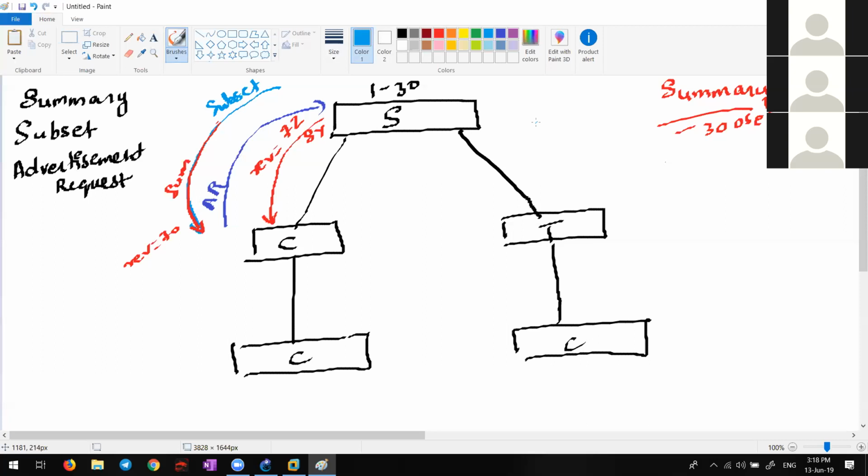Subset messages contain the complete information about the VLAN database in the server.